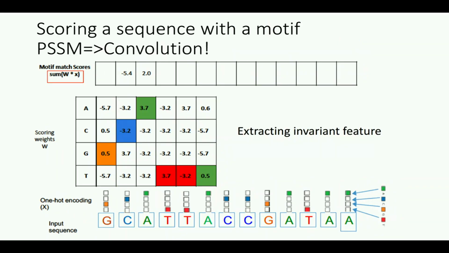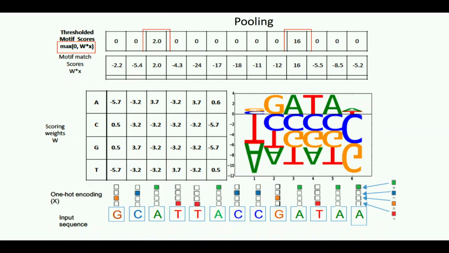So when we do what we call motif scanning, by scanning this weight matrix across the genome, we're effectively getting readouts of the PSSM score at different positions of the genome. And what we usually do is apply a threshold on these scores, so we consider a position significant when the probability of the motif appearing there is much